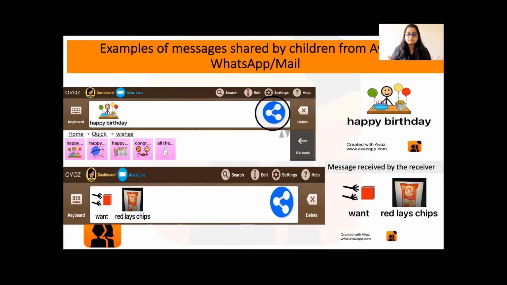The child must be really elated because the effect of the communication is really visible and concrete in that case. So this is one way of promoting meaningful communication. This is one very wonderful feature.